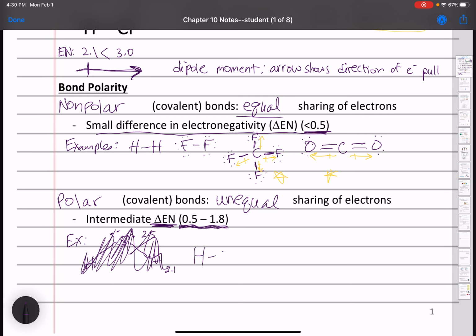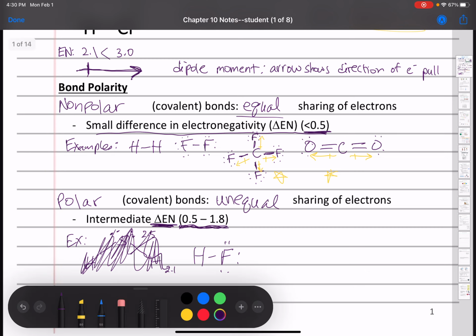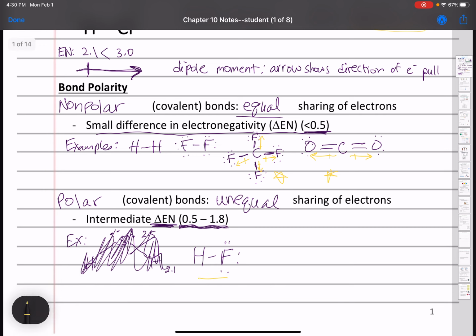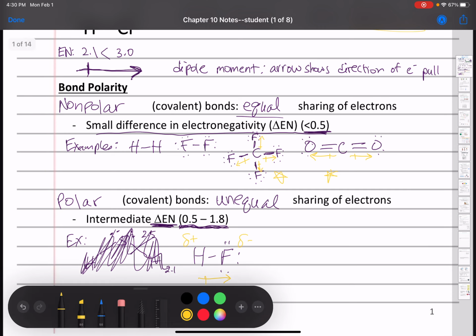Let's do hydrogen fluoride or hydrofluoric acid. All right. Hydrogen, not a hog. Fluorine is. So draw our dipole moment here. Our fluorine is going to be partially negatively charged, because it's got a lot of electrons around it, and the hydrogen is going to be partially positively charged. Some other examples, we've got,